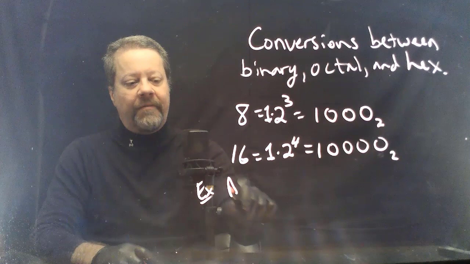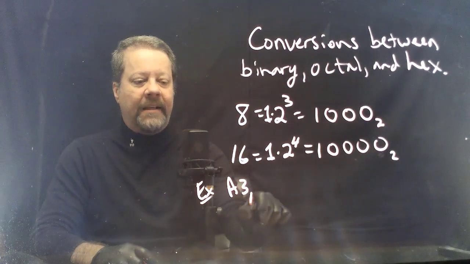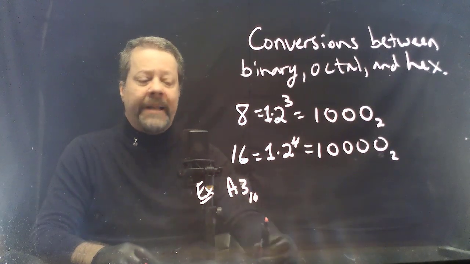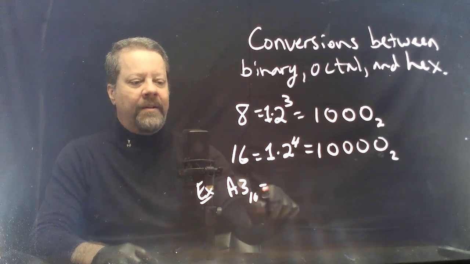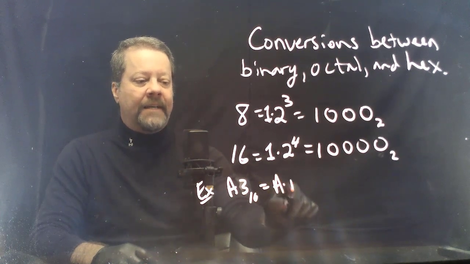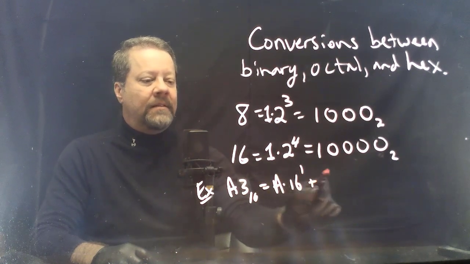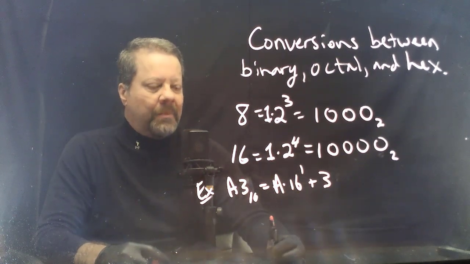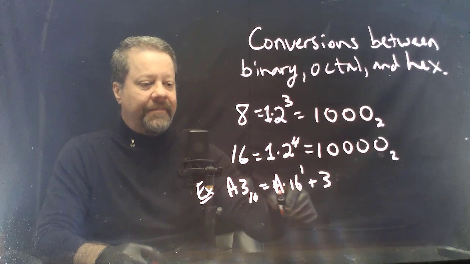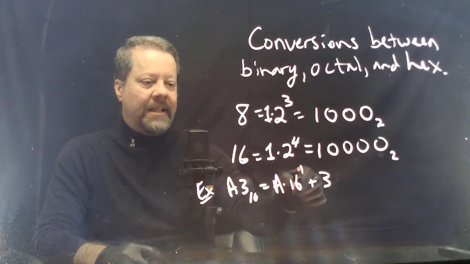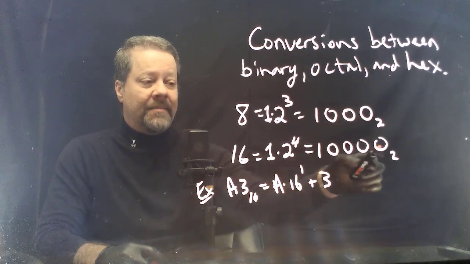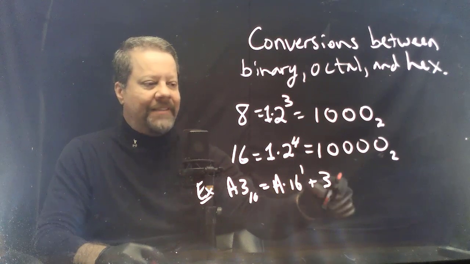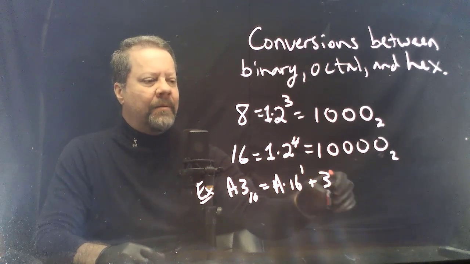Next, let's convert A3 in hexadecimal to binary. Notice this is A times 16 to the 1 plus 3. A is the 10th symbol. So we'll have A times 16 to the 1, 16 to the 1 being this. So we're going to have 10 times this. What is 10